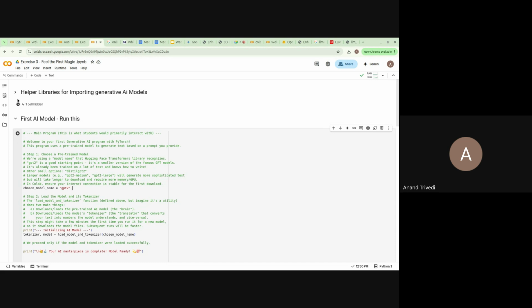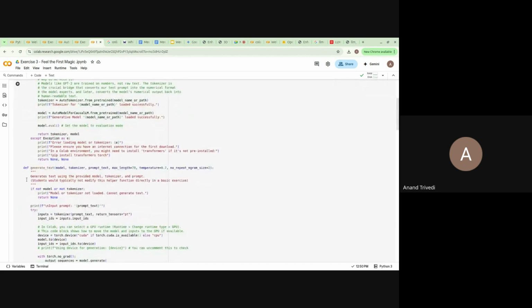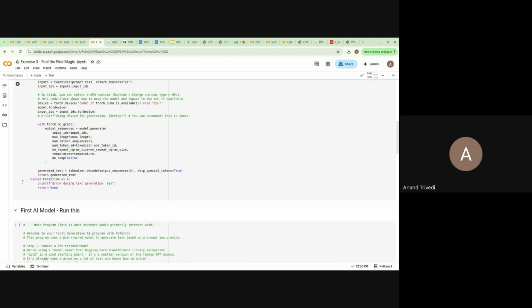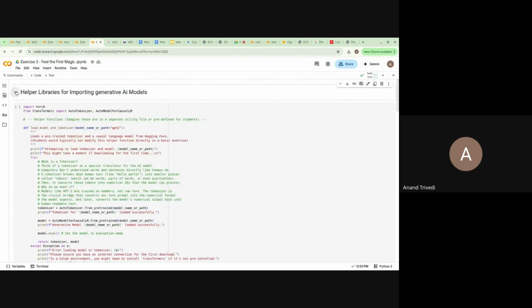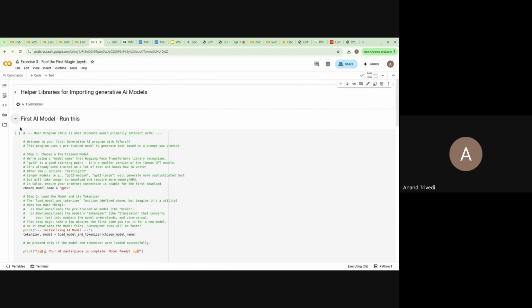This is my hidden cell where I have written a few helper functions. As of now, I don't want to expose you to all of these things because I don't want to push you into unnecessary complexity. You can just go ahead and run this.